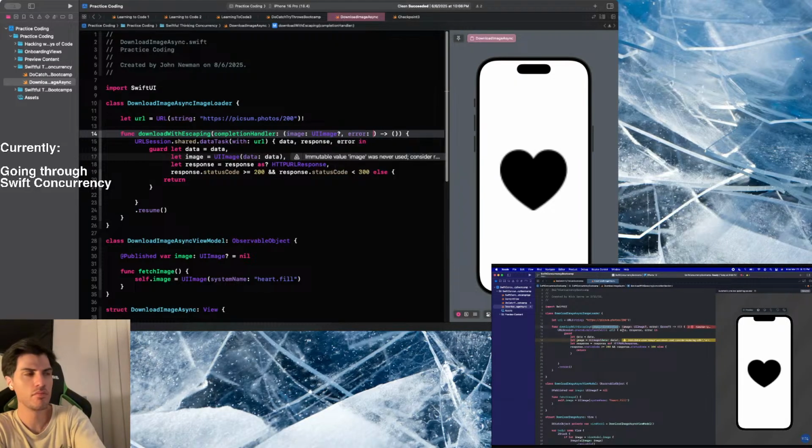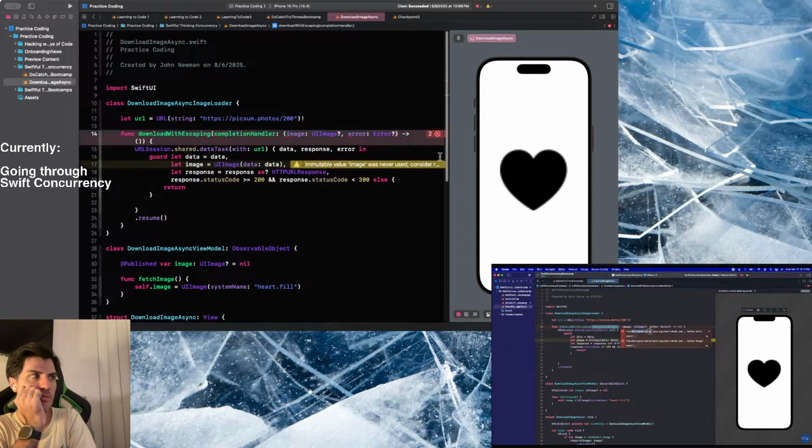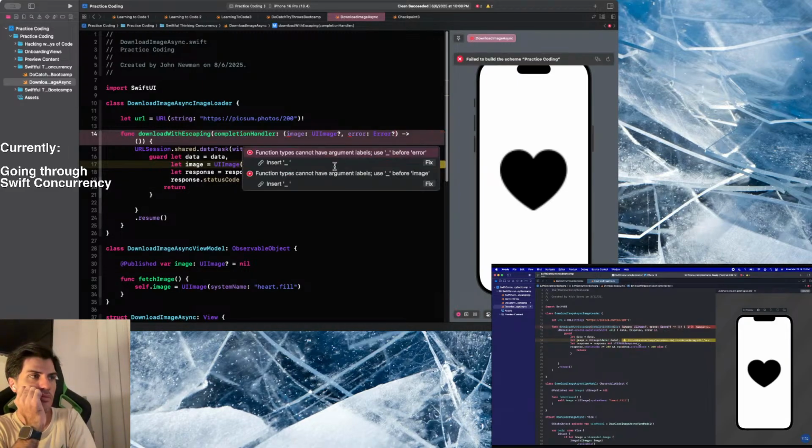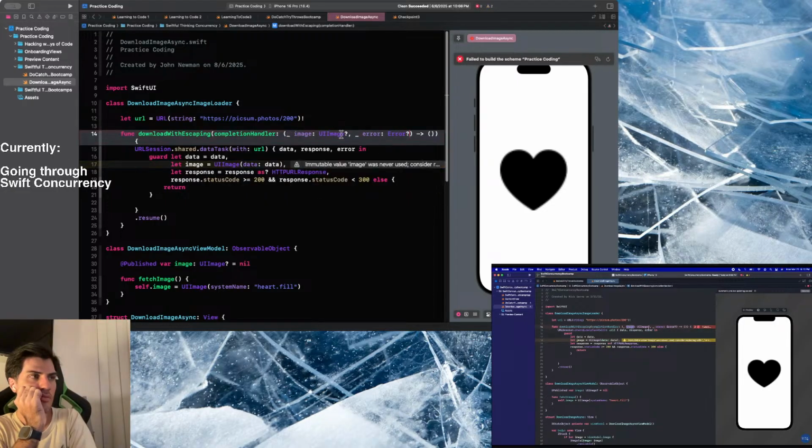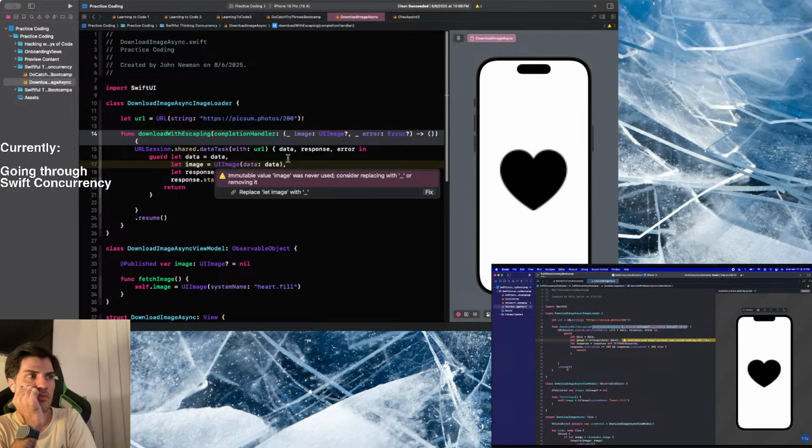We're going to get a quick error here in these completion handlers. As you can see, function types cannot have argument labels. Basically, we just need to add the underscore here for the public name, and the image will be the local name. So now we have our completion handler, and we can call this completion handler whenever we want inside this